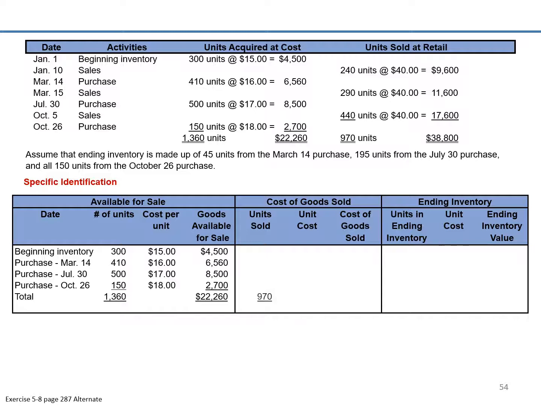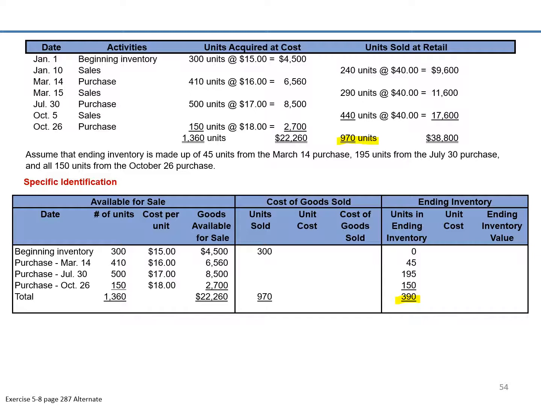Okay, so we've sold 970 units. We started at 1,360, so that means we have 390 left in ending inventory, right? And they told us what makes that up. 45 from March 14th, 195 from July 30th, and 150 from October 26th. Which means we've got in our cost of goods sold